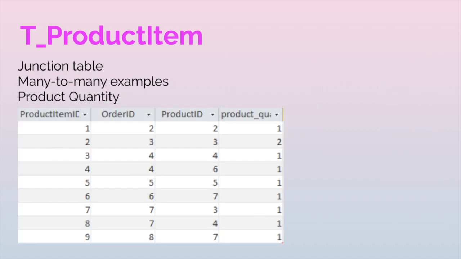T-product item is a junction table connecting tables product and order, so that a customer can order many products and a product can be ordered by many customers, seen where order ID 4 orders product ID 4 and 6, and product ID 7 is ordered by order ID 6 and 8. Product quantity means that if a customer orders the same product more than once in the same order, it can